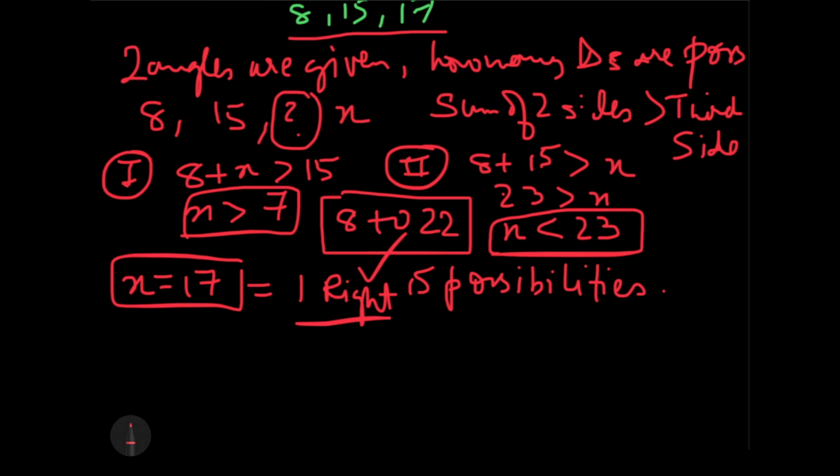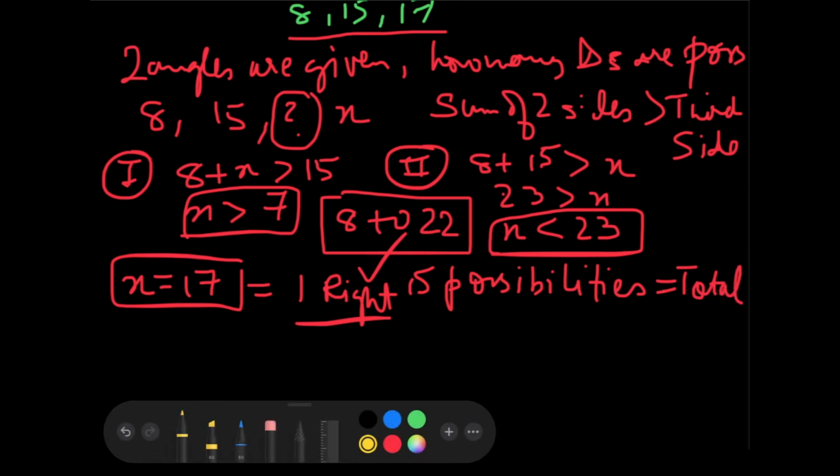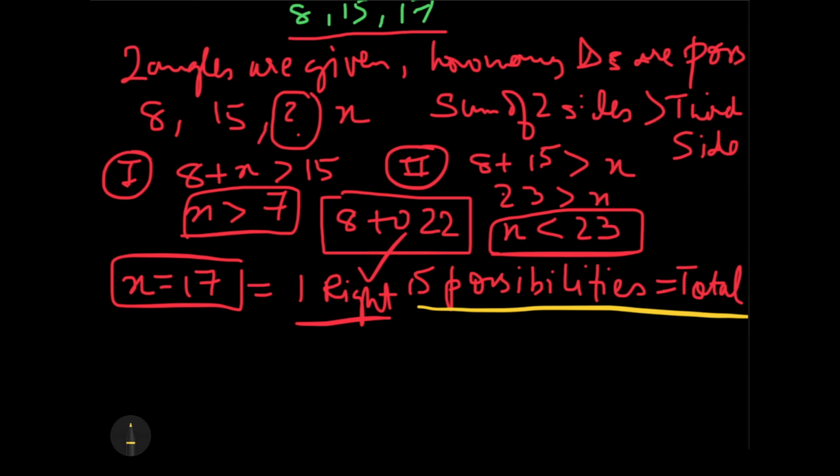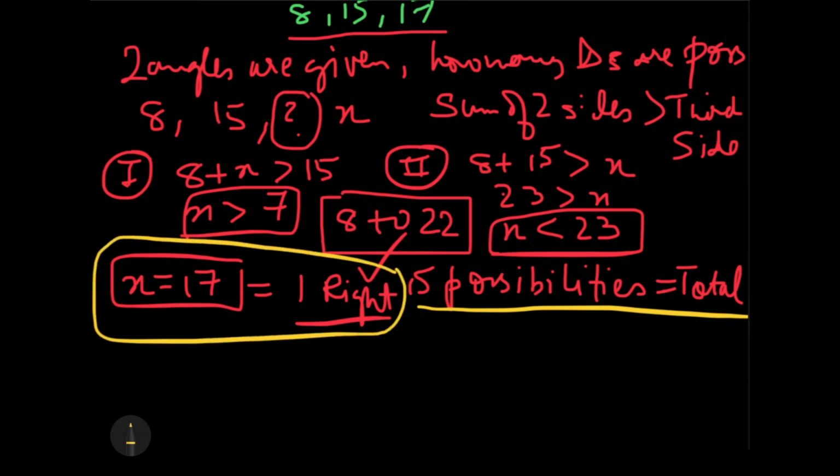So out of the 15 possibilities, please remember, this 15 is the total I have, and out of this total, one is a right angle triangle, which I already know. What I need to know right now is how many obtuse are possible and how many acute are possible. So finding the obtuse is really interesting because we'll again be using the Pythagoras theorem here. If you remember, at the top I told you that if we apply a similar Pythagoras theorem in the obtuse angle triangle, then in that case the hypotenuse square will be greater than the sum of the squares of the other two numbers.